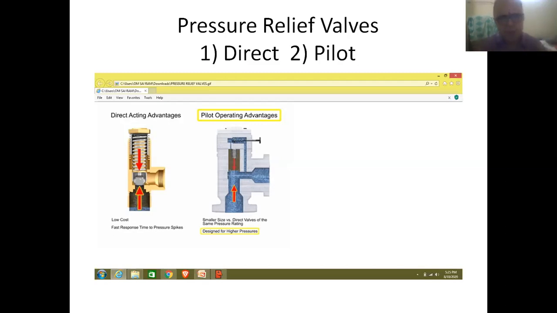So therefore, this combined valve is capable of handling excess fluid in large and very large quantities. Poppet valves are used for small operations, and spherical valves, ball valves, are used for medium operations. And finally, pilot valves are used for performing large and very large operations.